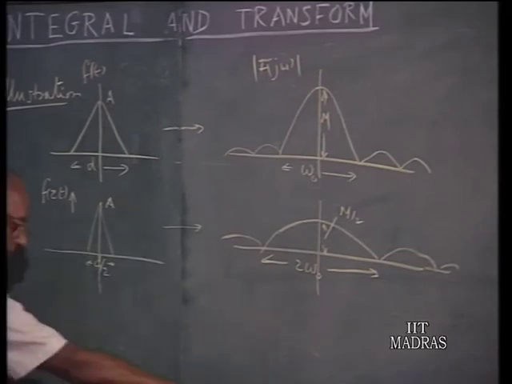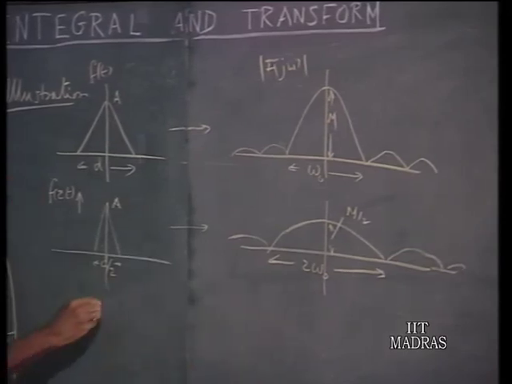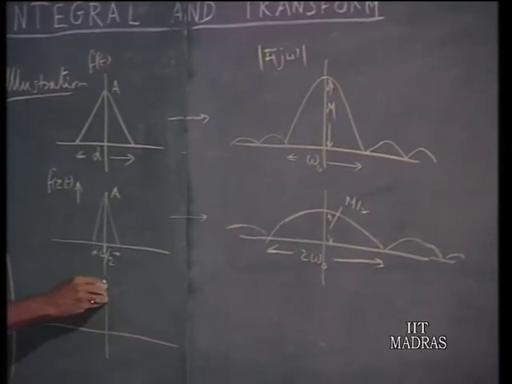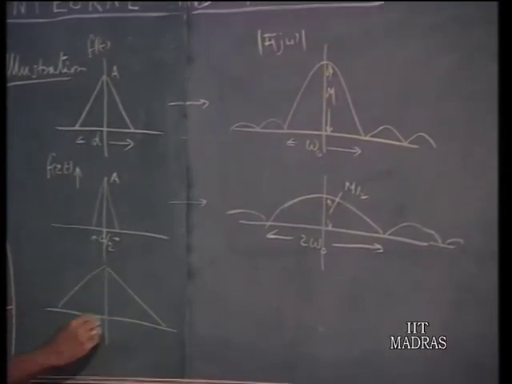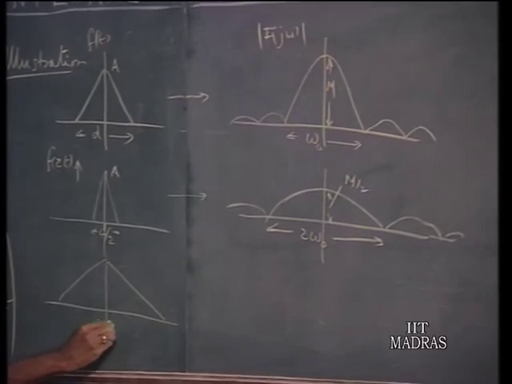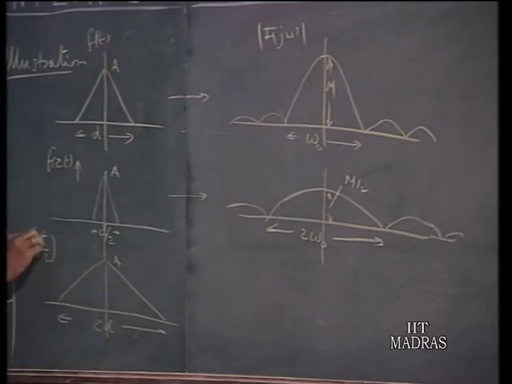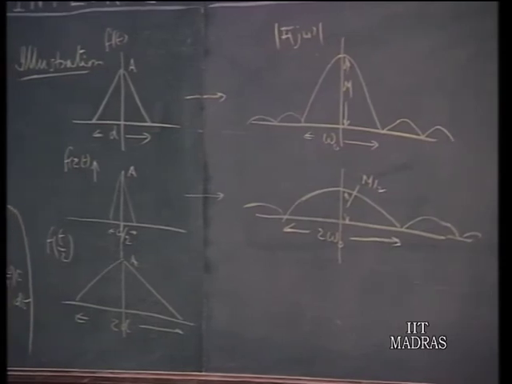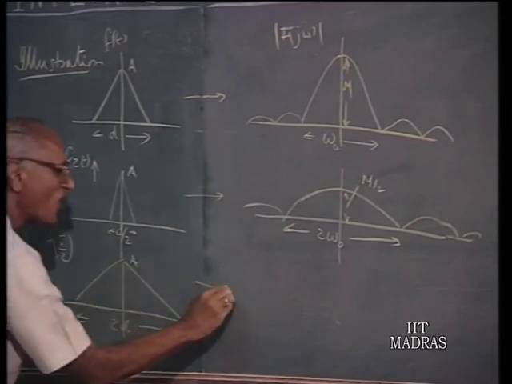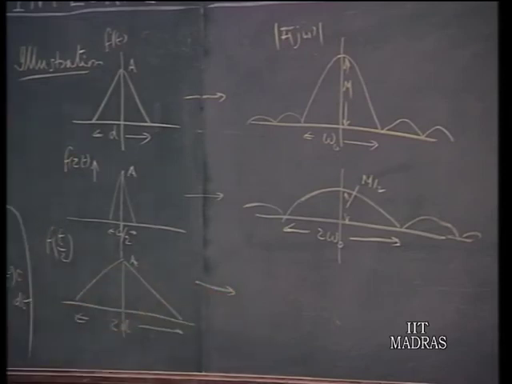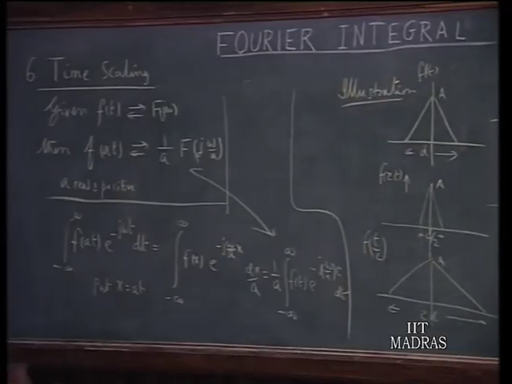On the other hand, if I allow things to take place more leisurely, so let us say this is 2d and this is a, this will be f of t upon 2. That means it takes a longer time for a particular value to reach compared with this. The t must be doubled to achieve the same value what it had in case of f of t. So, in this case a is equal to half in the original formula that we have here, a equals half now. Therefore, it means